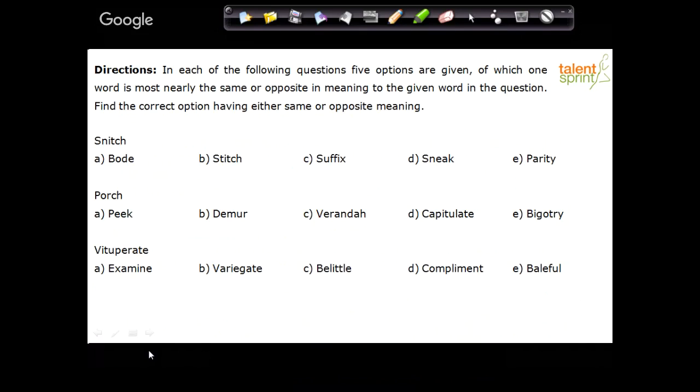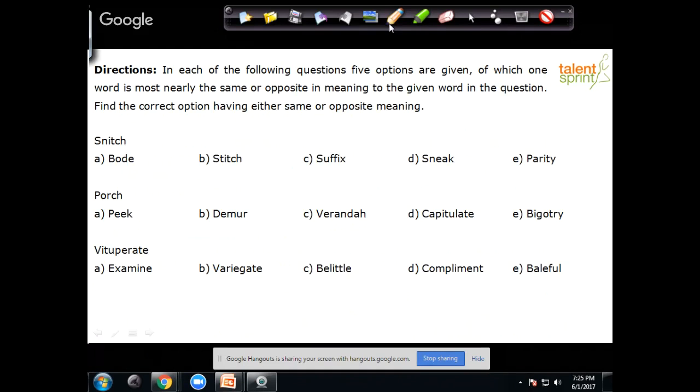Okay, so the next question type that we're going to spend time on is the same synonyms and antonyms only. This is just for you to have an idea. This is what was asked last year. But like I said, it's not telling you whether it's synonyms or antonyms. So it's a little trickier because you need to figure out from the options whether they are antonyms or